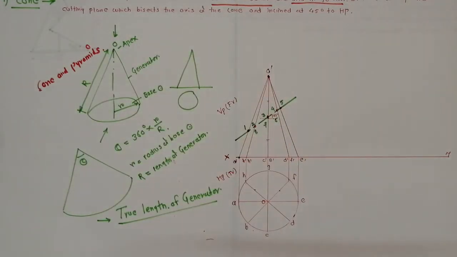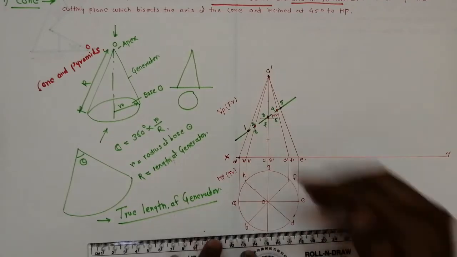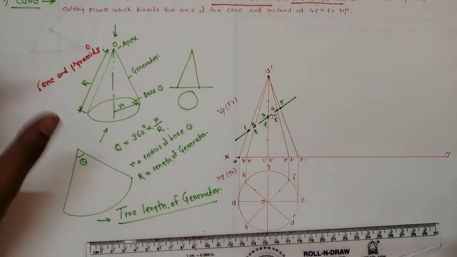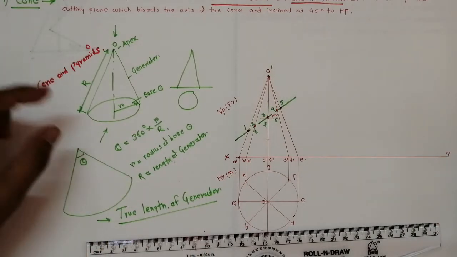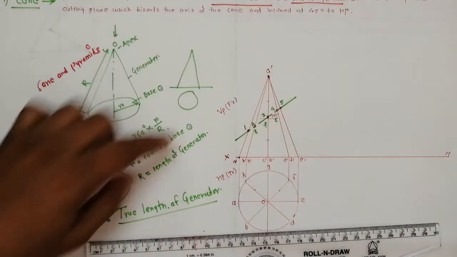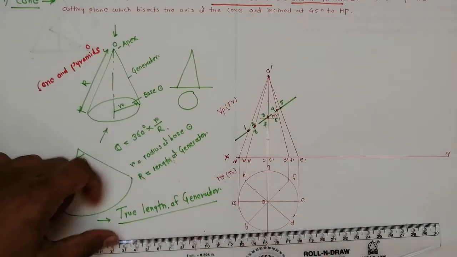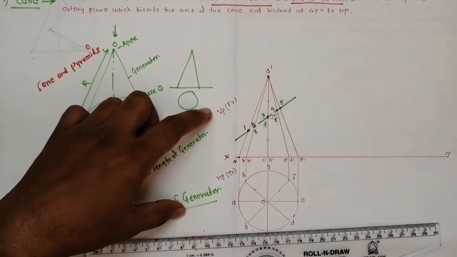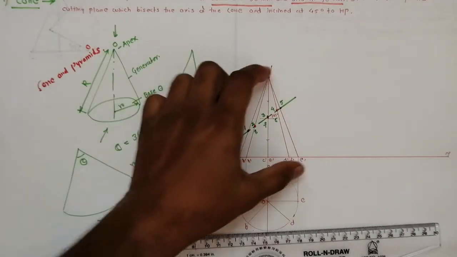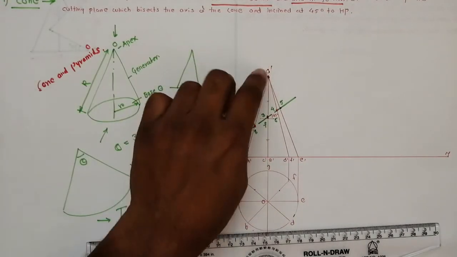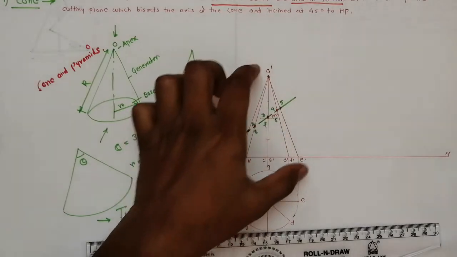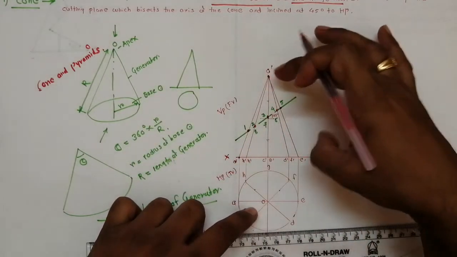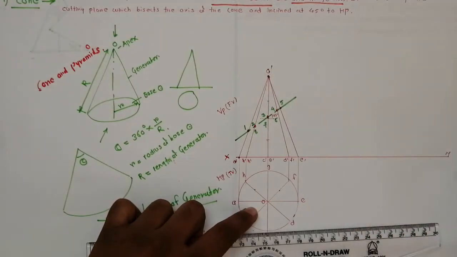Now, after completing the front view and top view of this cone, the most important part of this radial line development is that the radial line development is to be drawn on the true length of the generator. Now we know that this is the generator. Now how will we recognize that it is a true length? So O dash E dash, if this line in top view is parallel to xy, then this line represents the true length of the generator.